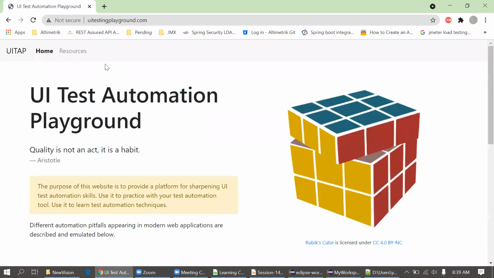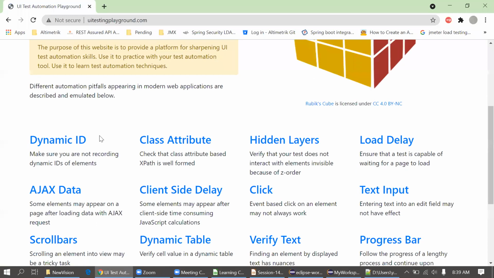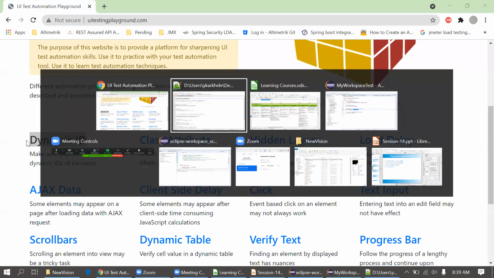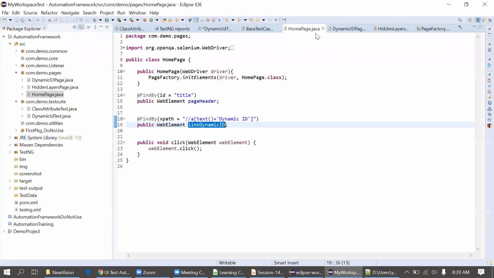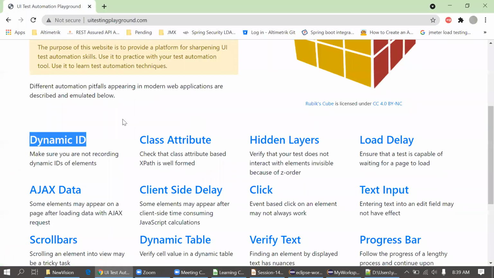Yeah, it's opening fine. So first I have created a locator for this dynamic ID on the home page. As you can see, this is the home page, and I have created this locator for the dynamic ID. Then again, I will create a locator for this class attribute as well on the home page. So first I will create all the locators, and then I will start writing the test cases. Then it will be easy for me.